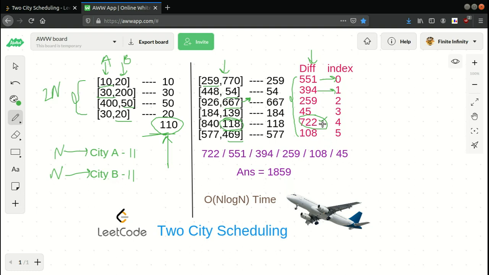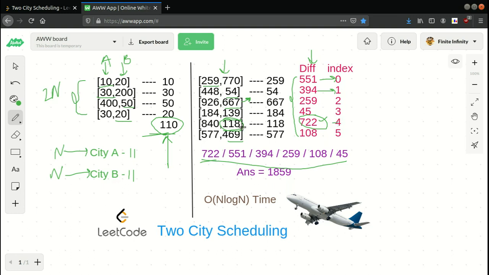According to this sorted difference of cost array, I'll go and pick my entries. First of all, I'll see that the difference is 772 and it belongs to index 4.